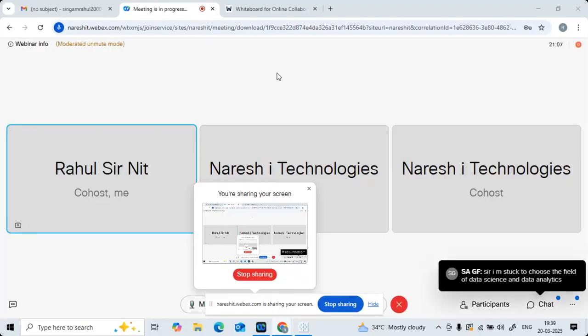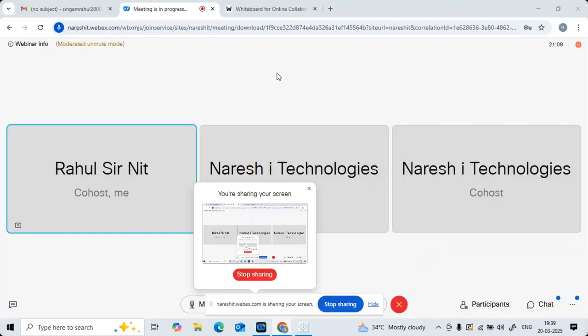That means if you learn this particular course, you can expect to get a job as a data analyst, business analyst, SQL developer, Power BI developer, or basic Tableau developer. These roles you can apply for.